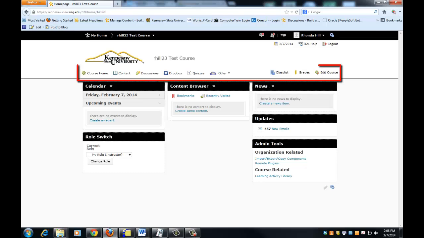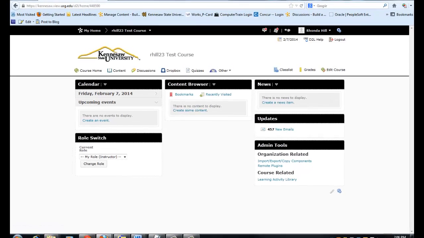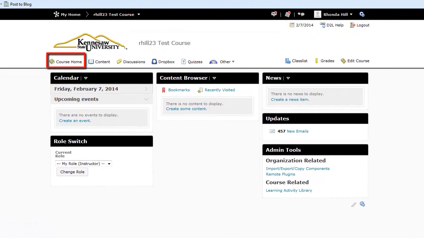Now look here where the nav bar is located. The nav bar includes many important links that you will use again and again. Let's go over them briefly from left to right. The course home button will always bring you back to this page. The content button is how you add content to your course, such as PowerPoints, assignments, syllabus, lectures, and any other